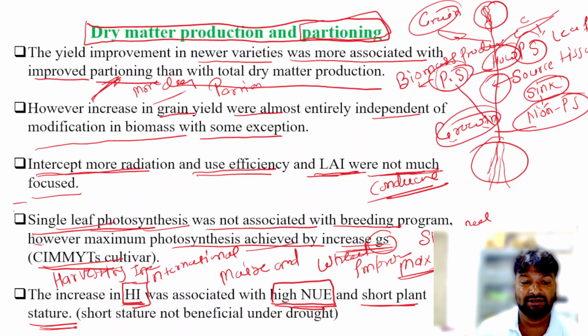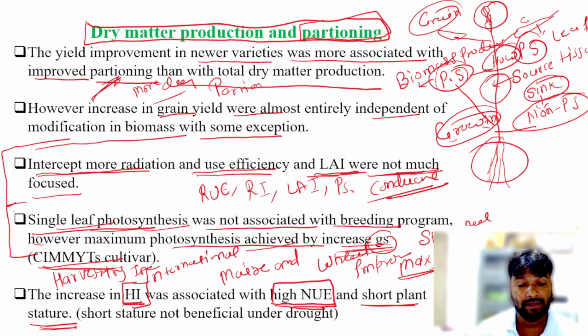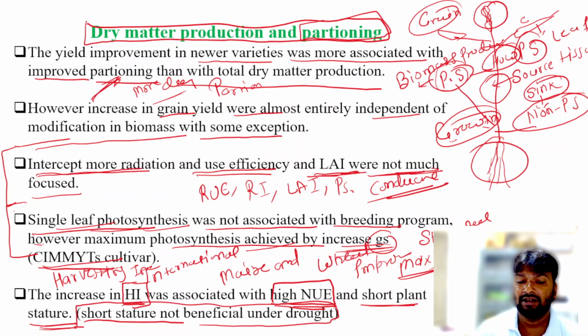Okay, these traits are mostly avoided in the breeding program, that is radiation use efficiency, radiation interception, leaf area index, single leaf photosynthesis. Okay, however, this short stature is not beneficial under drought conditions. Okay, because there is no lodging. Okay, now come to the